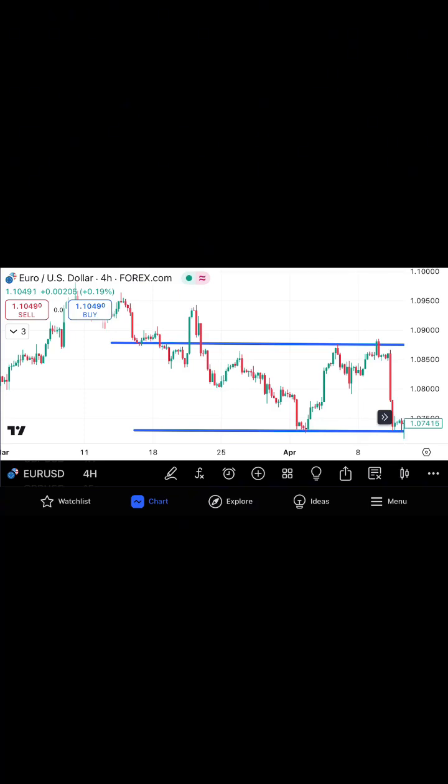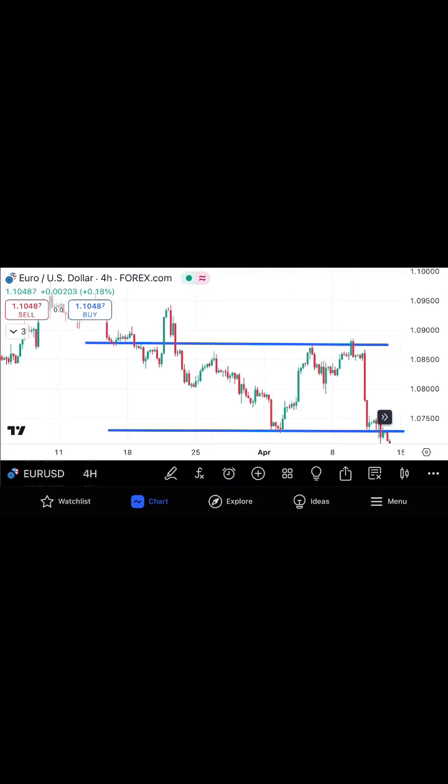But if it doesn't, then you have to wait for the market to give you a clear direction before you enter. Because sometimes when it reverses back, it might break your level again, like the way it broke the resistance level here,